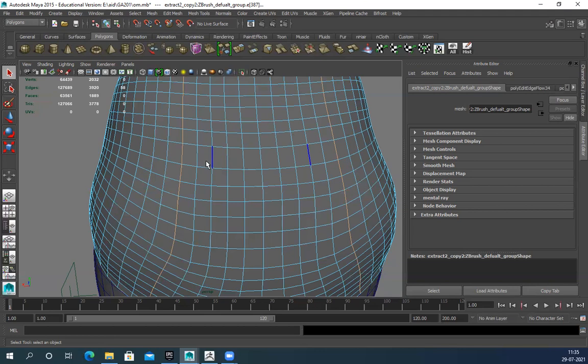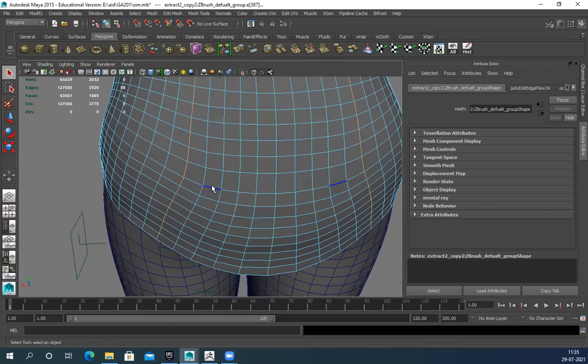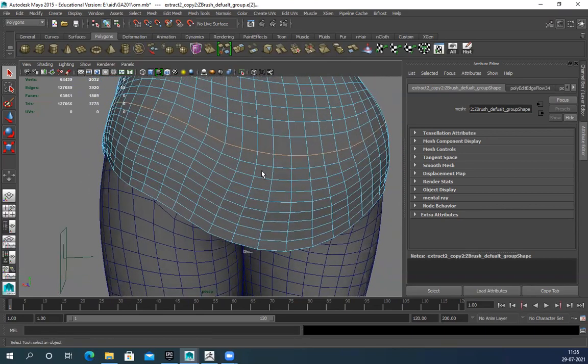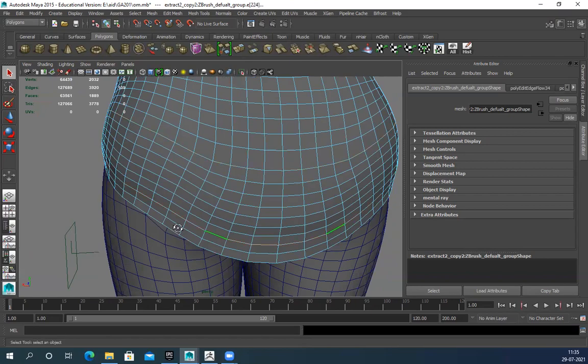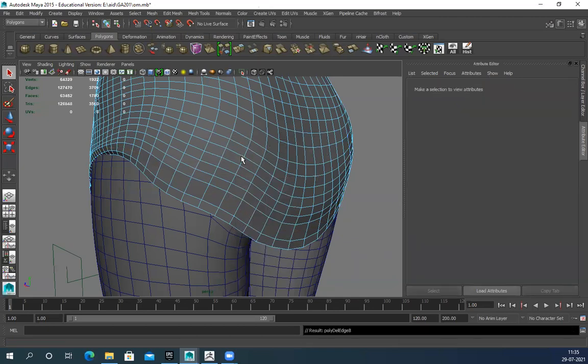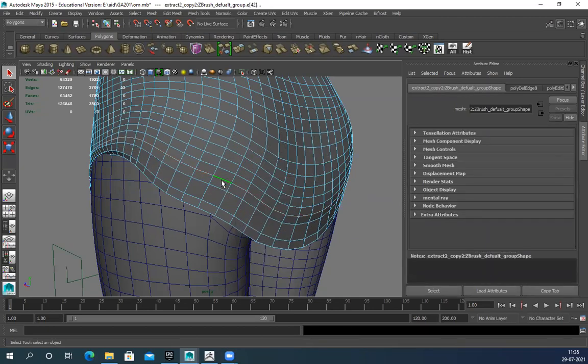Sir, you're repeating the last action. Yes, whatever I'm applying, suppose I'm going to delete this one. Shift, delete edge. And if I want to delete this one also, I just have to press G. G is the standard for repeat last command.